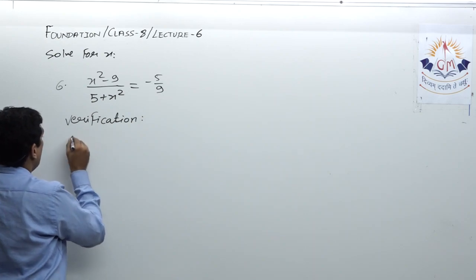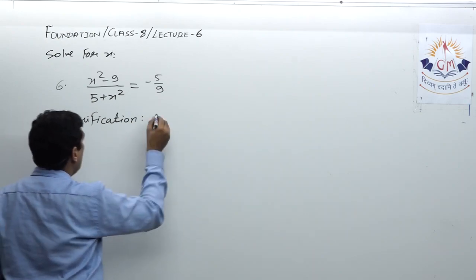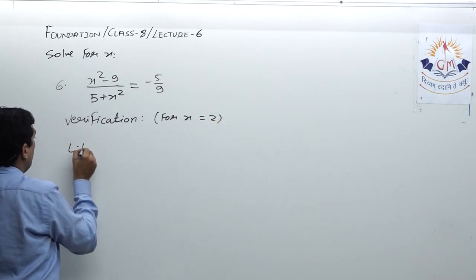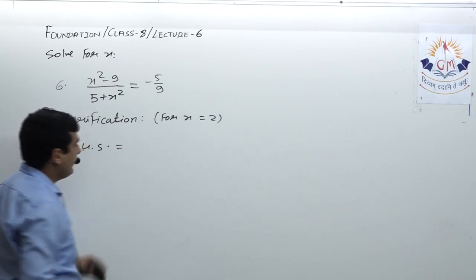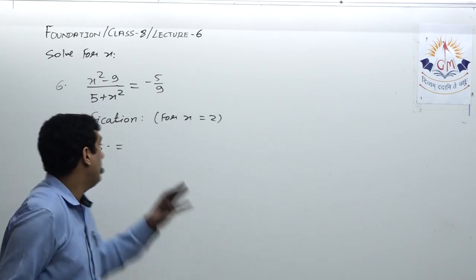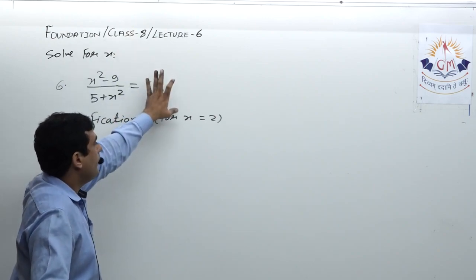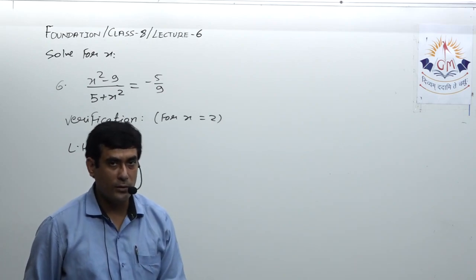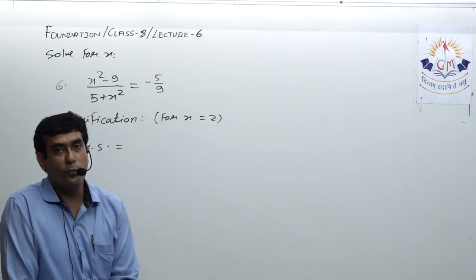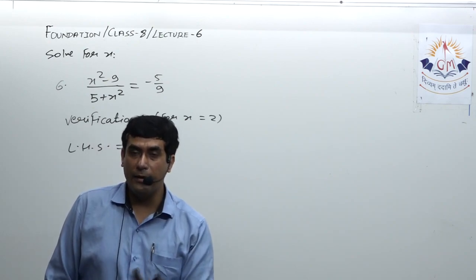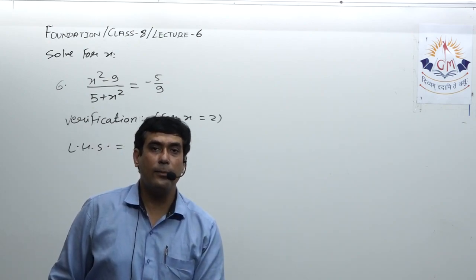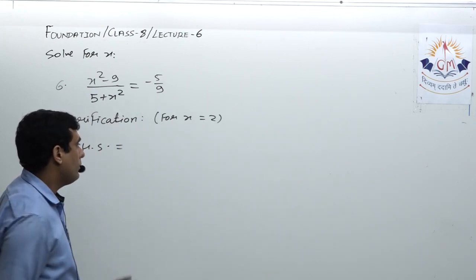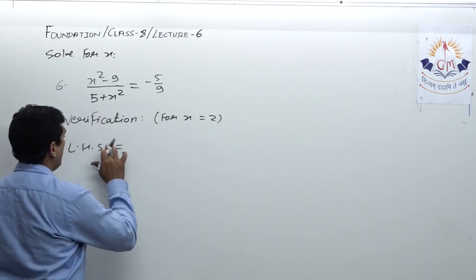So for verification, for x equal to 2, first it will be for 2. So verification, that means you have to put the value in the left hand side, or here actually x is only on the left hand side. Suppose we have an equation in which x is on both the sides, then we first solve the left hand side by putting whatever value of x, and then we put the same value on the right hand side, and if we get the results as same, then we'll say the value we obtained is the solution or is the value of x for the given equation.